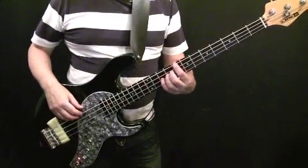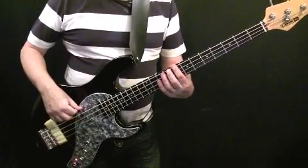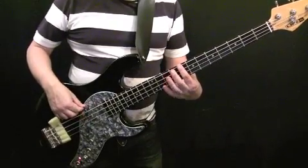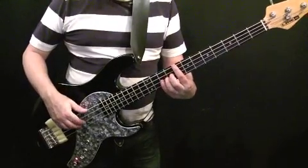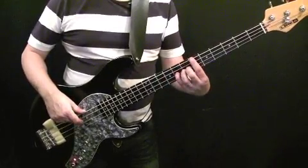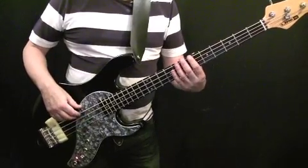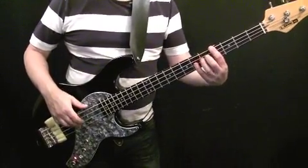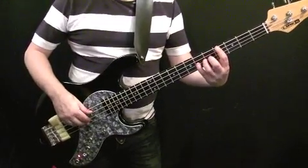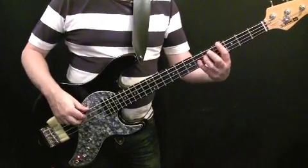The notes are all pairs of octaves. So the first notes, they're C. First ones are being fretted C, 8th fret of the E string, 10th fret of the D string, then down to B flat, which is the 6th fret of the E string, the 8th fret of the D string. Then from B flat, you're going down to A flat, which is 4th fret of the E string, 6th fret of the D string. Then you've got A flat again,